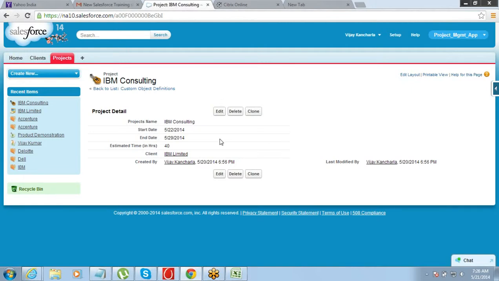Okay. Interesting thing is, do you see an owner field here? All records in Salesforce have an owner field. In case you created a project object yesterday, you can go back and see your project object initially had an owner, but now there is no owner, because it's a master detail relationship. So does it mean that there is no owner for this record, IBM Consulting? No. It means the owner of this record will be the owner of its parent. So the owner of the parent record will become the owner of this record also, right?